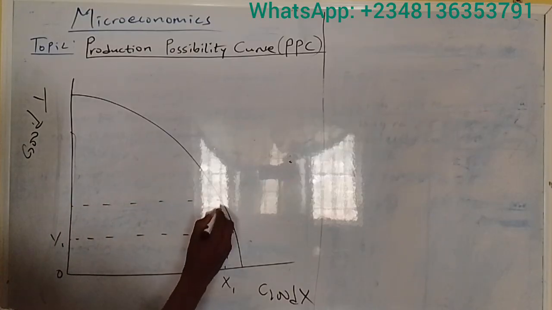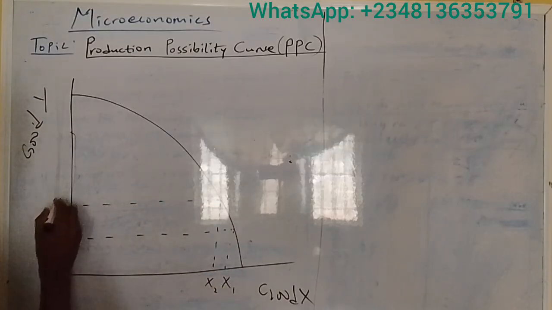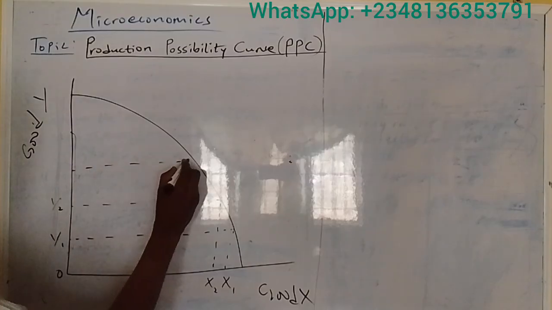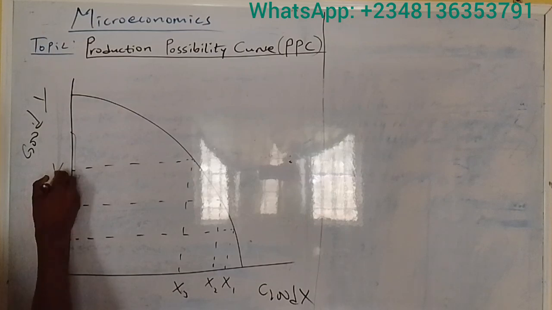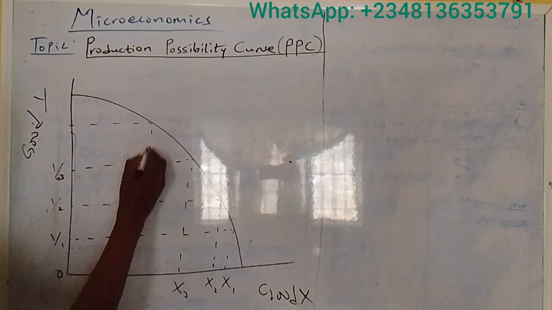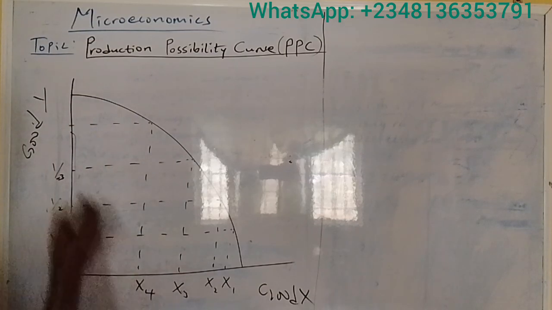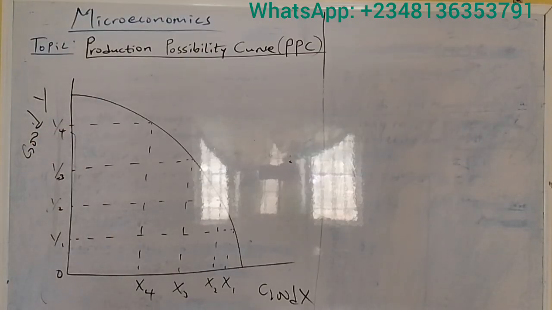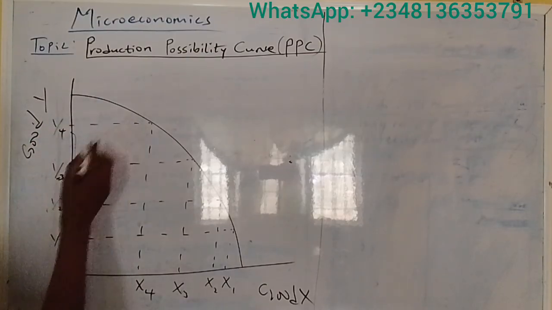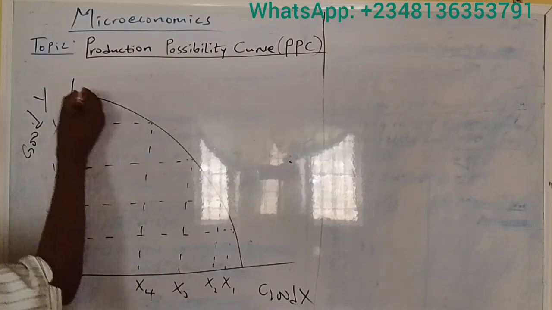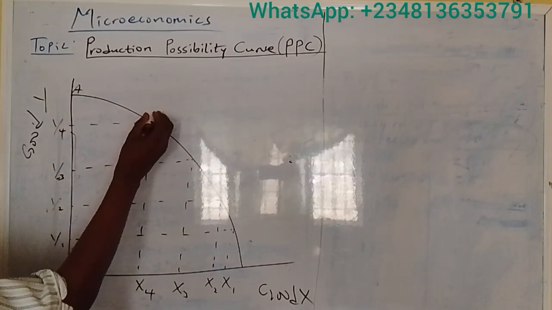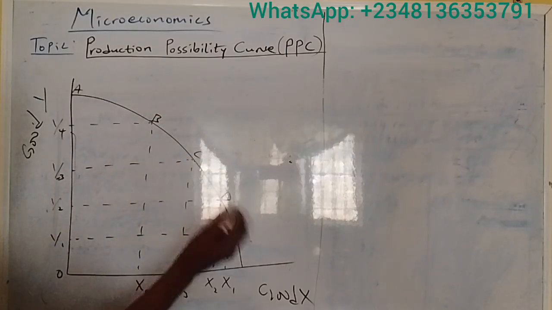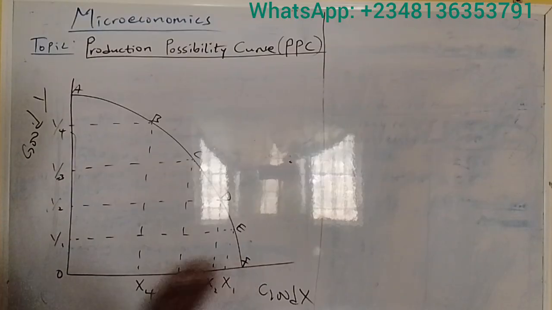Let's say we have another combination, X2, Y2, then X3, Y3, and X4, Y4 here. Now let's say we have point A here, which I'm going to explain, B here, C here, D, E, and F here. Now, if you look at